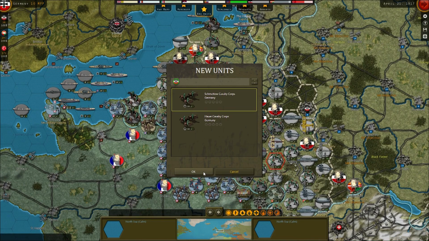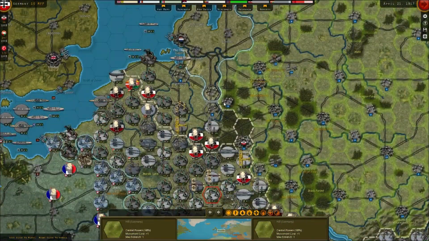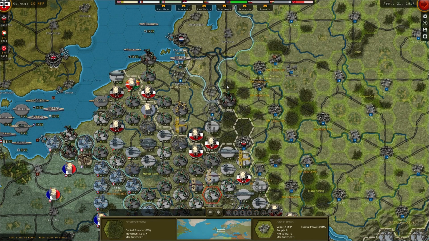I've got a couple of units to put down. First of all, that I didn't put down at the end of the last episode, so we'll throw down these two cavalry units over near Aachen. And then we're just going to simply...